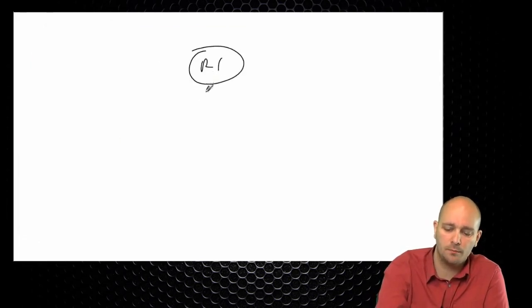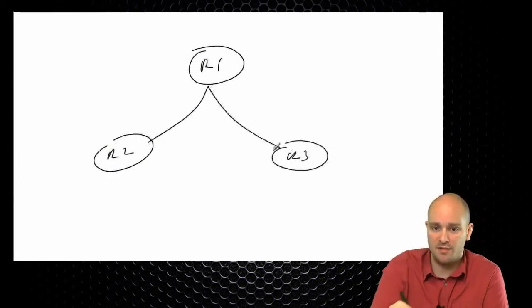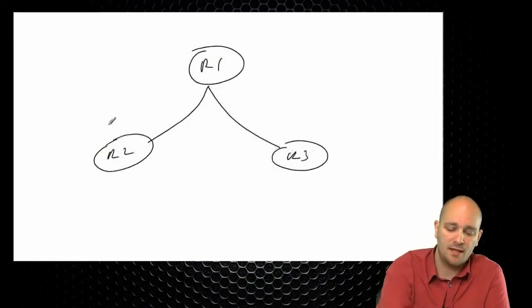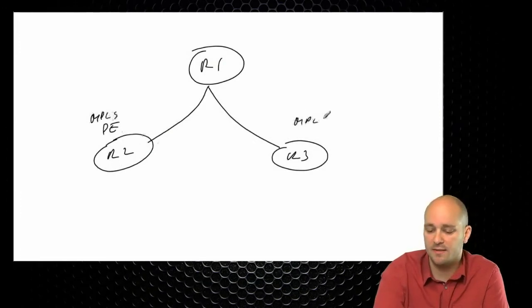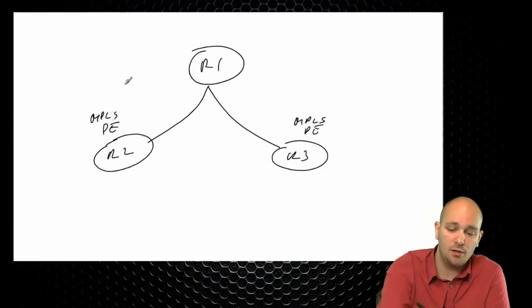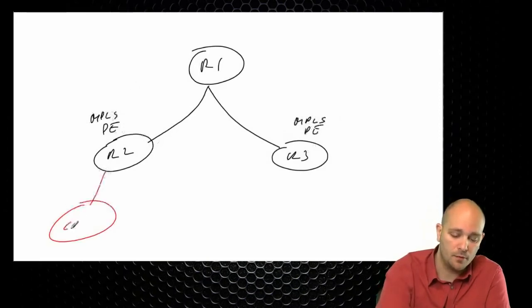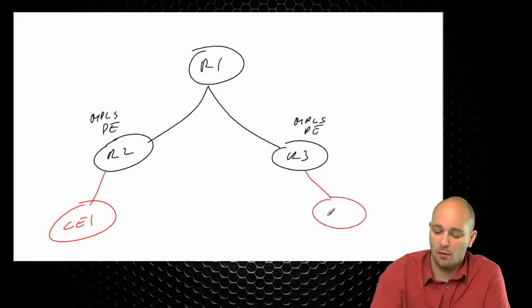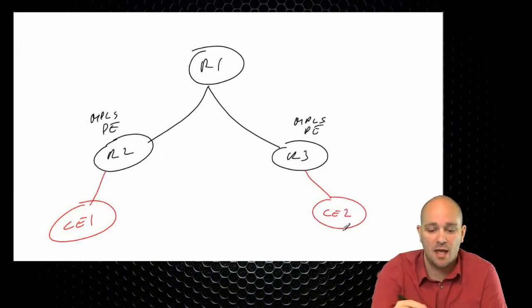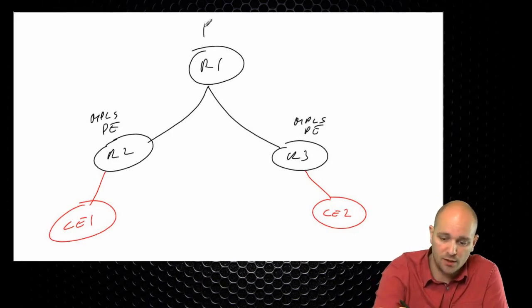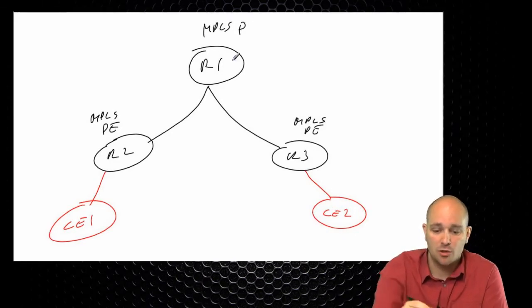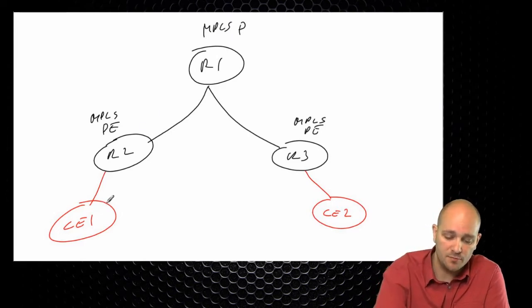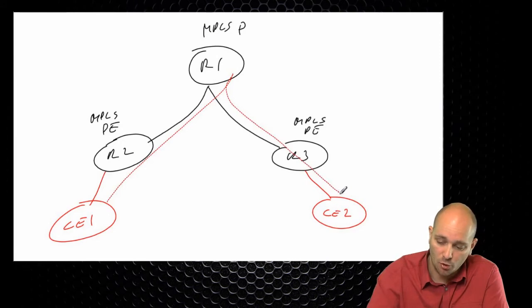So you have R1, R2, R3, again, hub and spoke. And let's say that this here is an MPLS PE device, and this is an MPLS PE device. And here, inside a VRF, we have some customer edge devices. And basically, R1 here is an MPLS P device. So what we want to do is get the traffic from CE1 over our MPLS network over to CE2. Now, if you use a broadcast network type